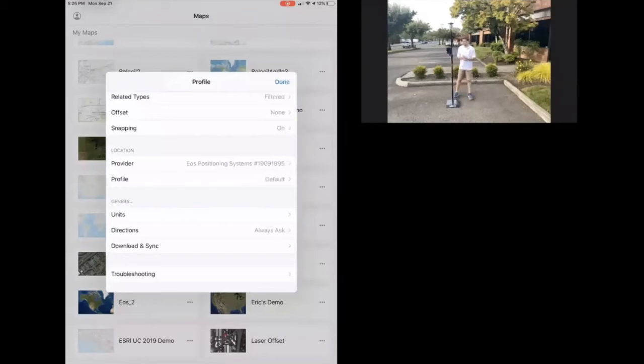the location profile. The location profile in Collector is used to convert or transform your coordinates from one datum or coordinate system to another. So in most cases, say if you're not using an RTK receiver, say if you're using an integrated receiver in your iPad, all of those coordinates are going to be reported in WGS84. And that's just by default, which most receivers are outputting in. And so if you're using one of those devices, such as the internal iPad one, you can leave it default and